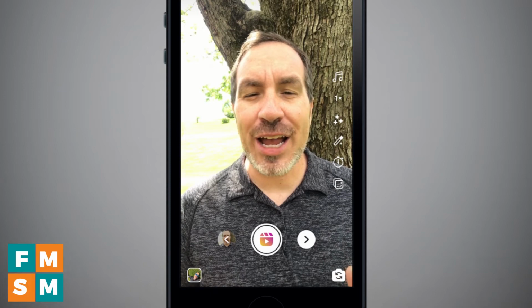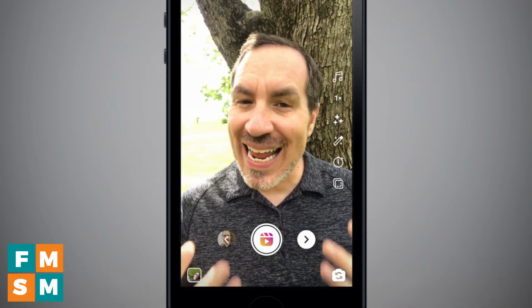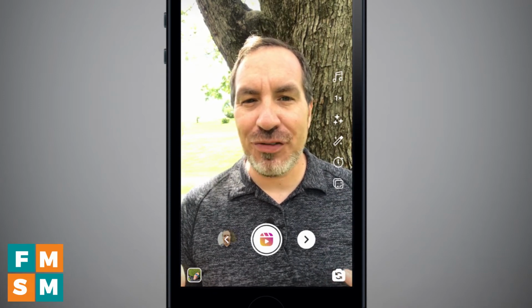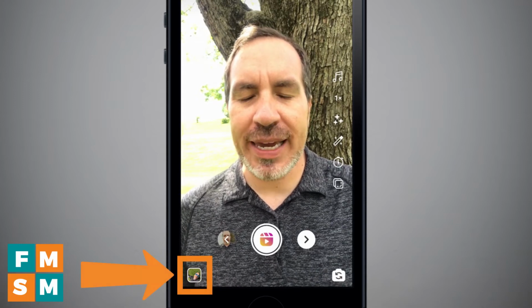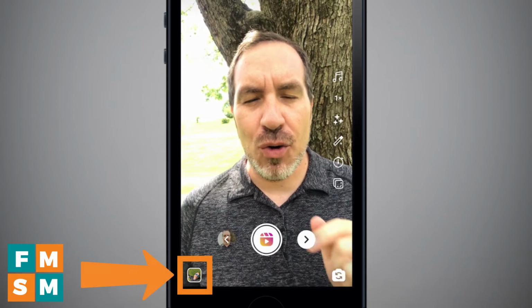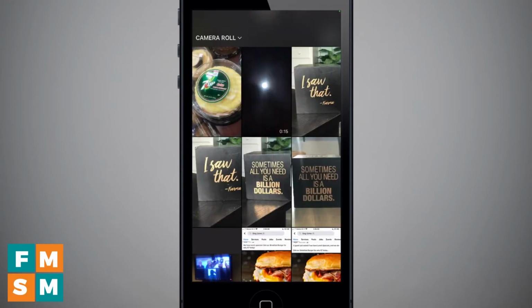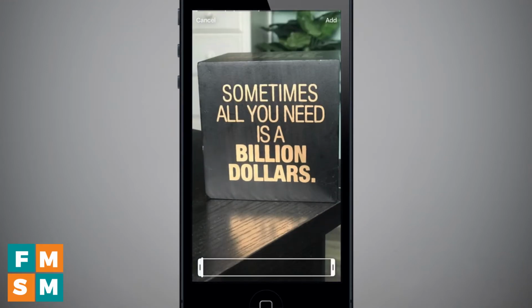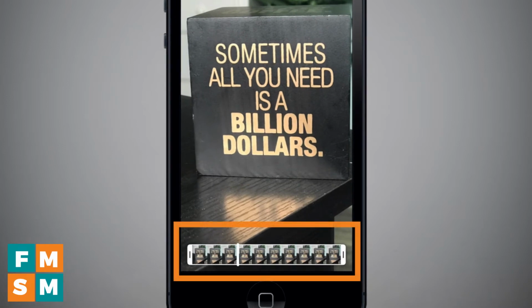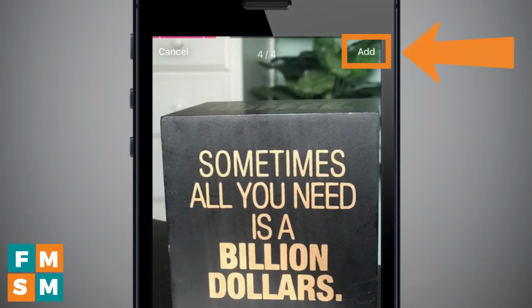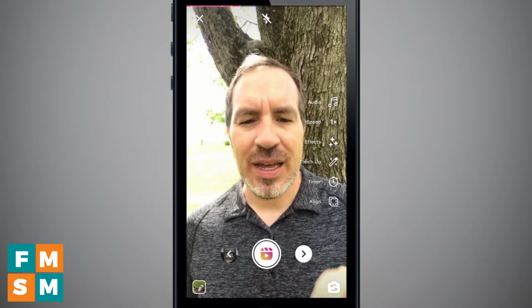I told you I'd show you how to add a still photo, because as of this recording, you can't take a still photo in Instagram Reels, but I can tap on my camera roll down here in the lower left. And by the way, I'm showing this on an iPhone, but Android should be very similar. Once your camera roll's open, you can tap on the one you want, and then it'll default to about 5 seconds. But just like with the other ones, you can drag and trim. So you can see it's 5 seconds, and then you can trim it to be shorter if you want. Then when you're done, hit add in the upper right corner,